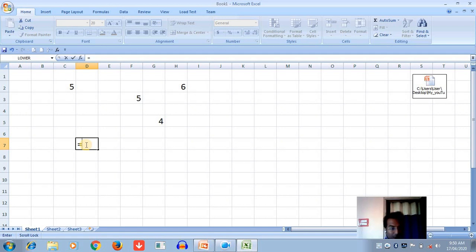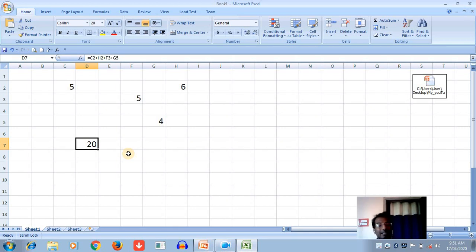First you give the equal sign, then select the first number, then plus, then the second cell, plus, and the third, and press Enter. Okay, so we can also add values from different cells using a formula.